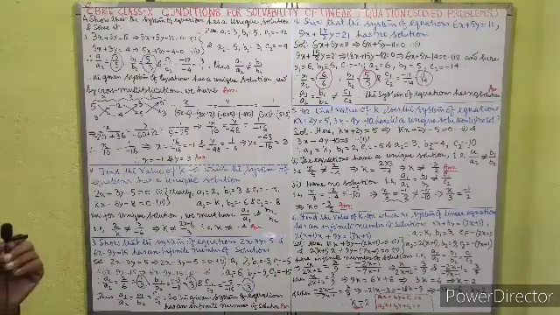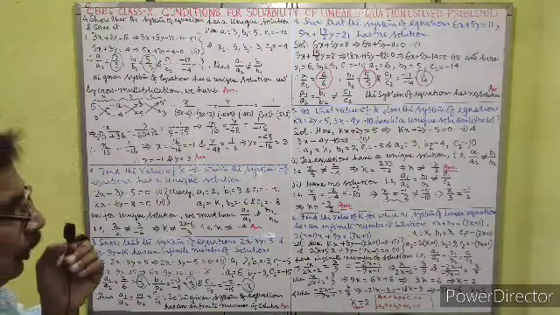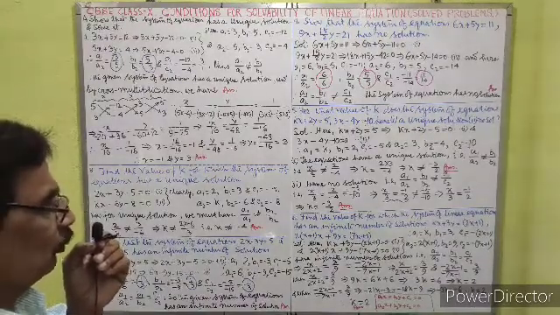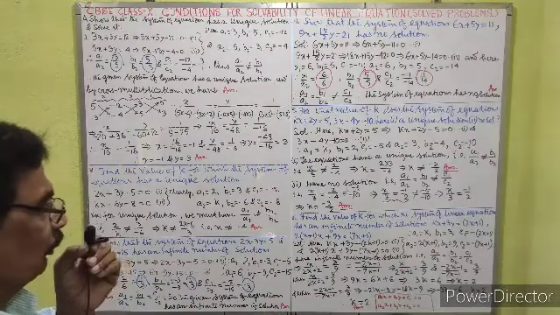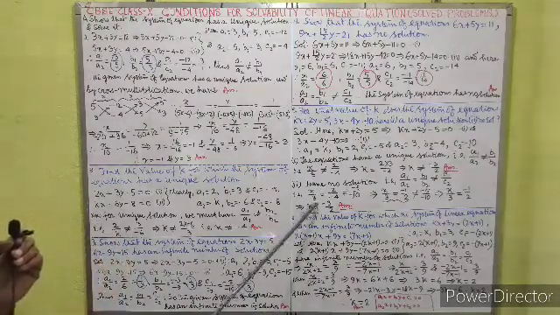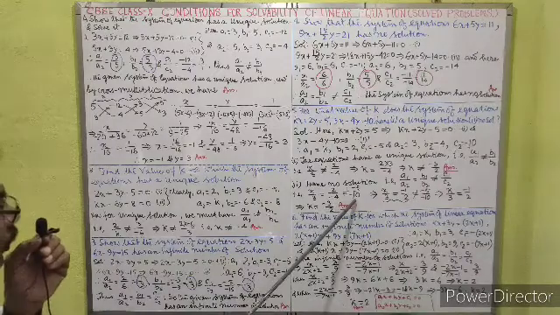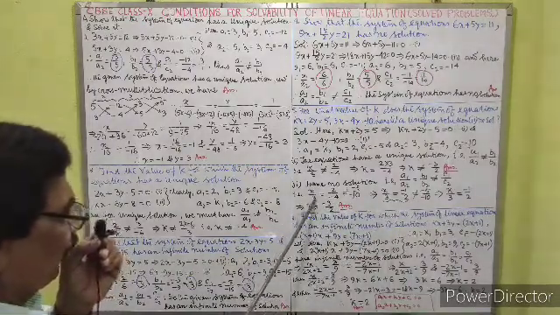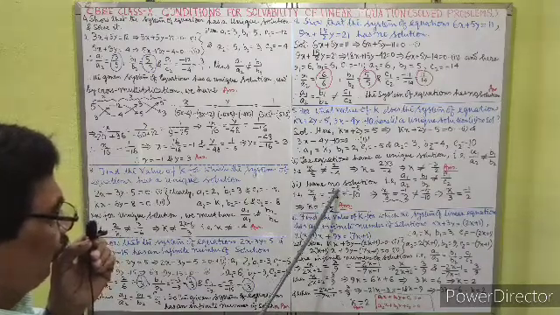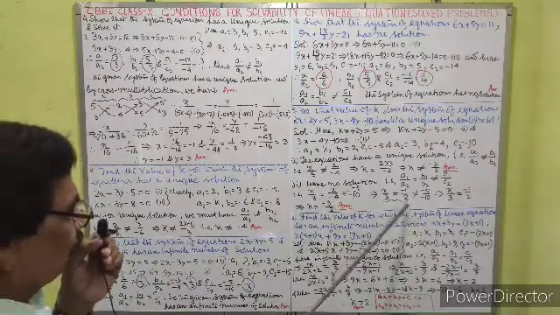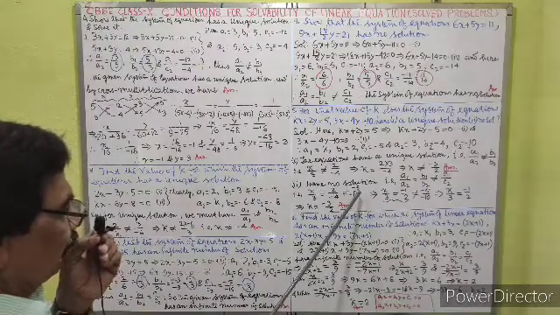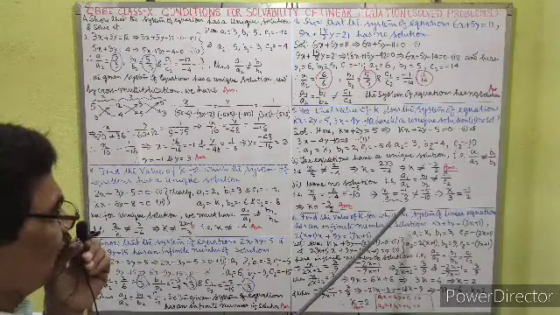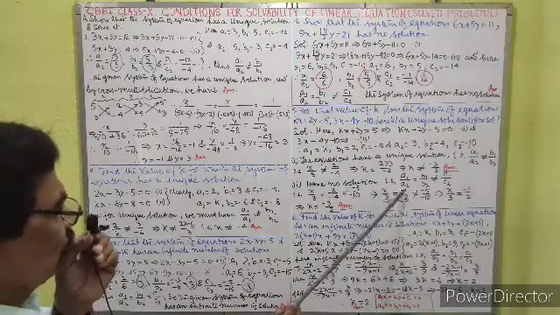The condition is that a1/a2 = b1/b2 is not equal to c1/c2. Here this is a1/a2, this is b1/b2, and this is not equal to c1/c2. And it is k/3 = -2/4 = -1/2, and again 5/10 is not equal to 2/4. It is clear. So only one equation has to be solved, that is k = -3/2.